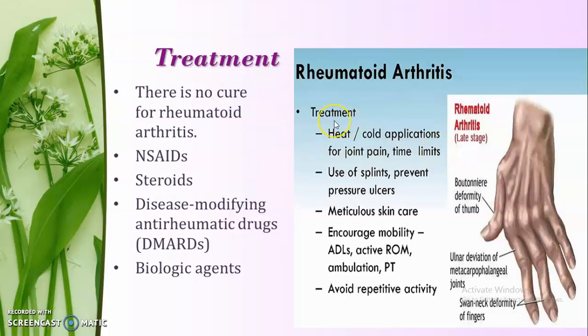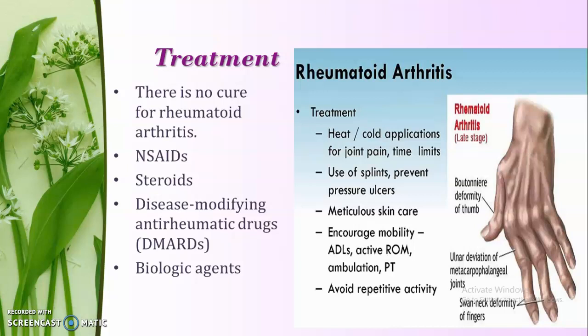Treatment. There is actually no cure for rheumatoid arthritis. We can use medications that can reduce inflammation in joints in order to relieve pain and prevent or slow joint damage. Occupational and physical therapy can teach how to protect joints. If joints are severely damaged by rheumatoid arthritis, surgery may be necessary.